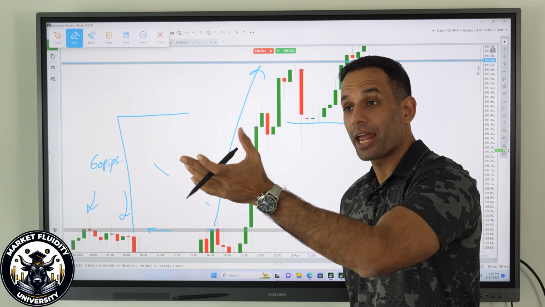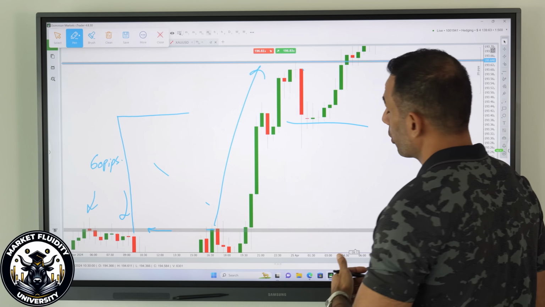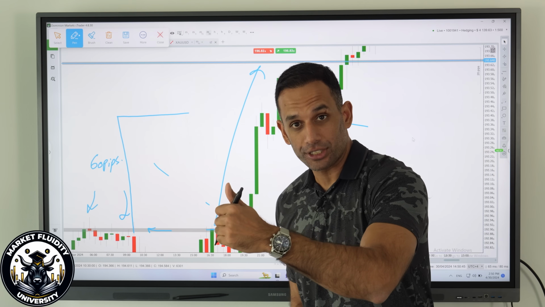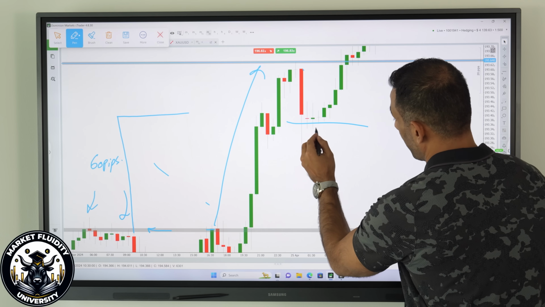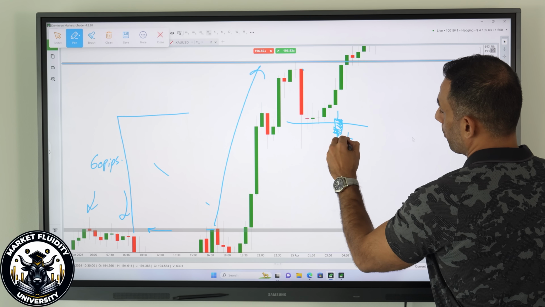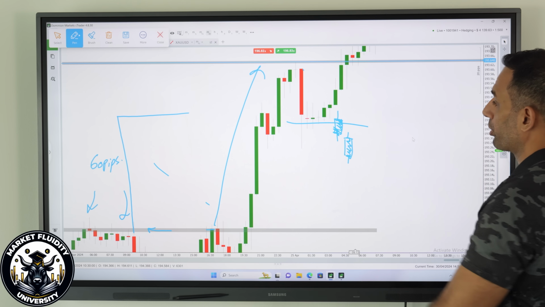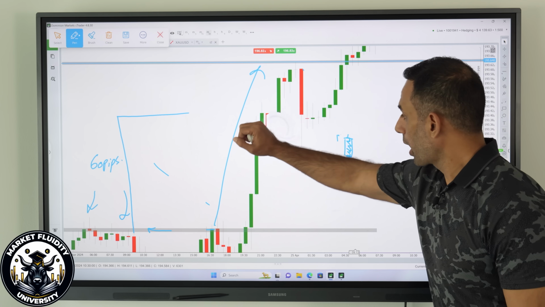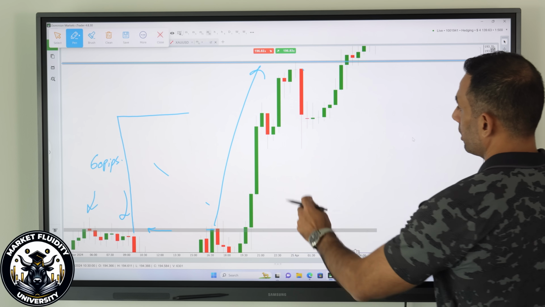Or if I am looking for a counter trend trade, I'm going to wait for a support to form first and break off this support. Then I'm going to take a sell for price to continue pushing down. Right? So what happens in this case? Let's go candle by candle. We're going to zoom in.